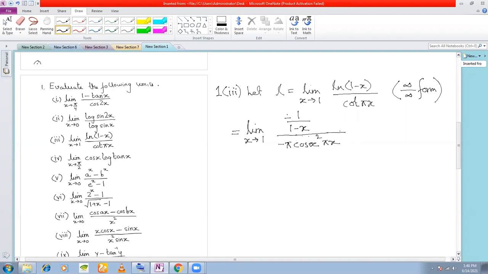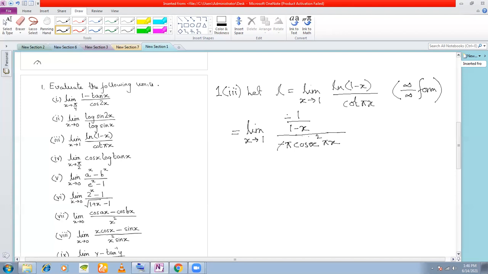Now, there's a thumb rule in L'Hospital's rule. Not that you cannot work with cosec, sec, tan, and cot, but whenever you get a reciprocal trigonometric function, try to convert it. Suppose you're getting cot, it is always advisable to change it to tan, sine, and cos. If you have a cosec, change it to a sine. If you're getting a sec, always change it to a cos. That will make your work easier.